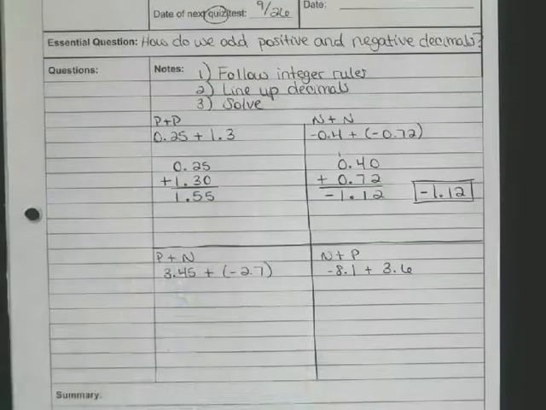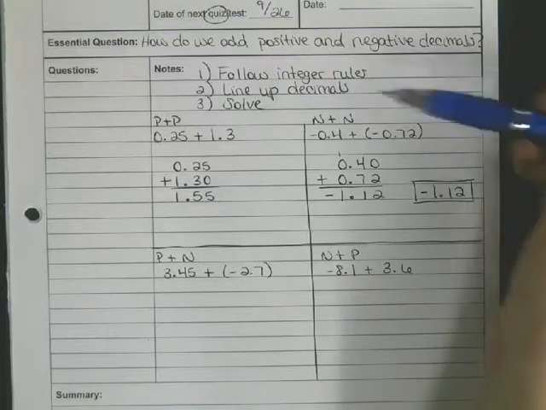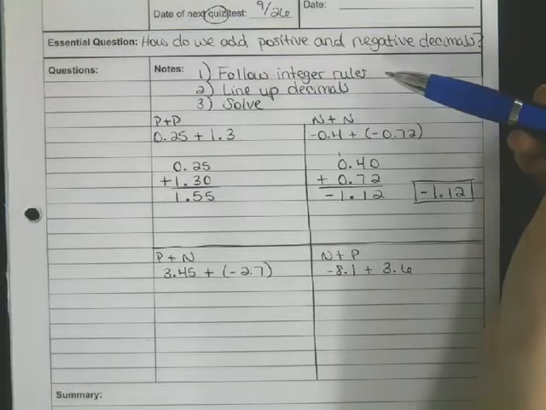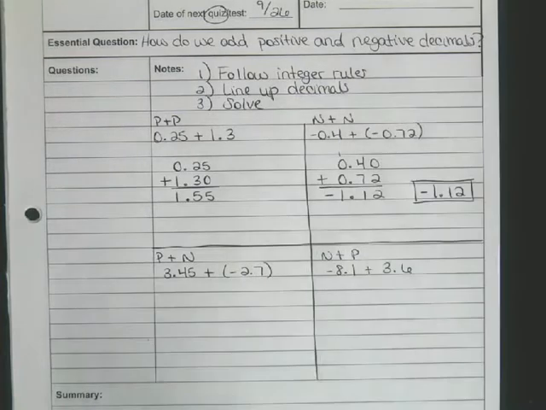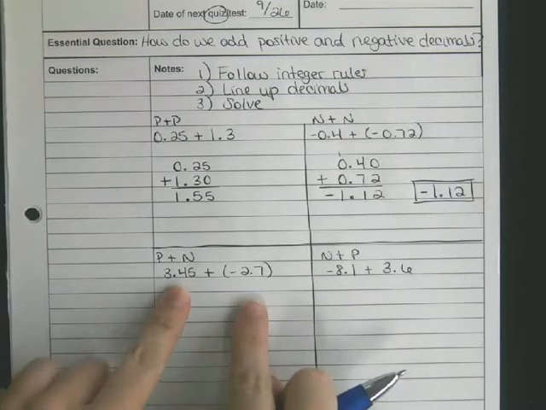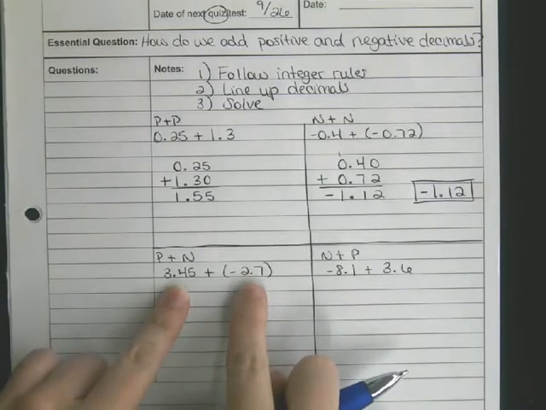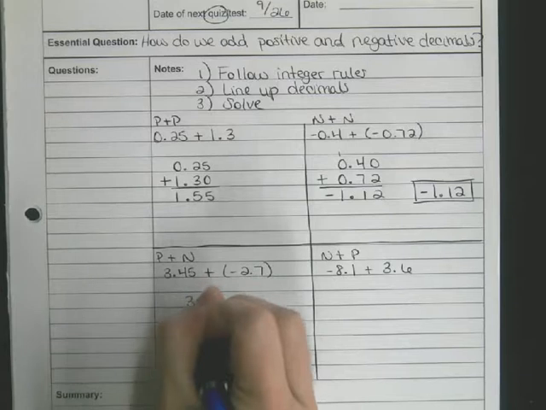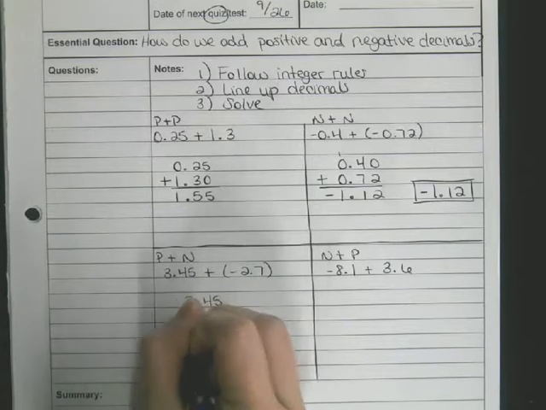Alright, a positive plus a negative. Okay, according to our integer rules, whenever we're adding unlike numbers, so a positive plus a negative or a negative plus a positive, we take the bigger number minus the smaller number, and then the answer is going to be the sign of the bigger number. So I'm going to look at this. I have 3.45 and I have a 2.7. A 3.45 is bigger than 2.7, so that means I need to do 3.45 minus